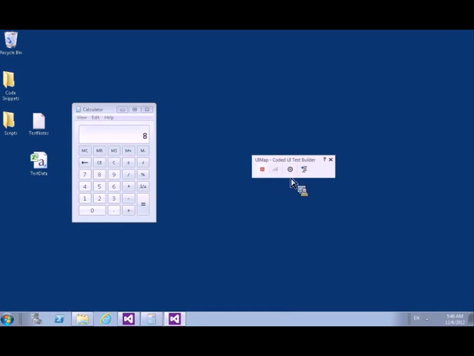So what I want to do is start recording. No, I don't. What I want to do is use a crosshairs tool, which adds an assertion. Now, if I drag that up over here, you see a blue bar surrounds part of the screen. As I move the mouse around, the blue bar moves around the screen, showing different highlighted bits of the screen. Now, one thing I'd like to show is here. If I select this piece of text, now if I release the left mouse button,